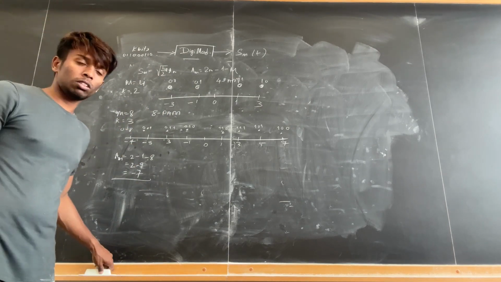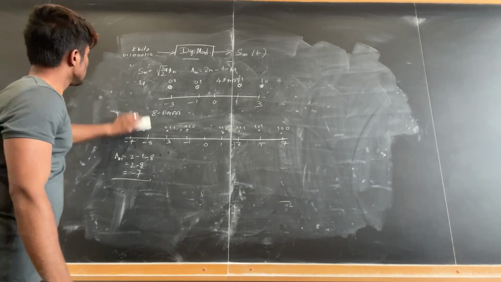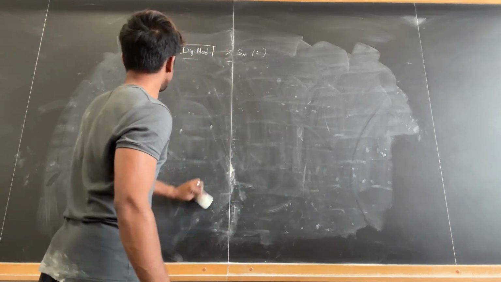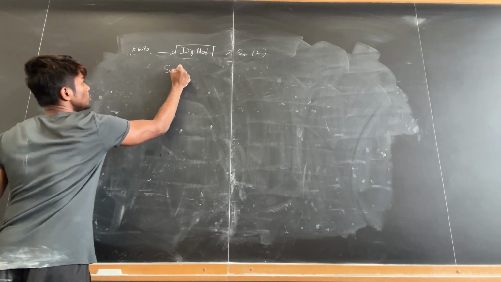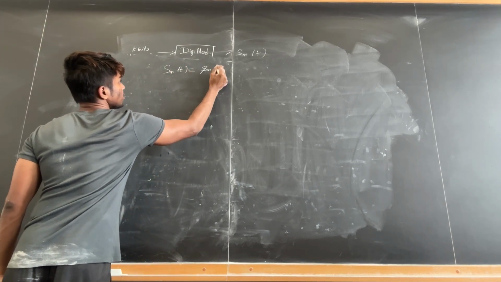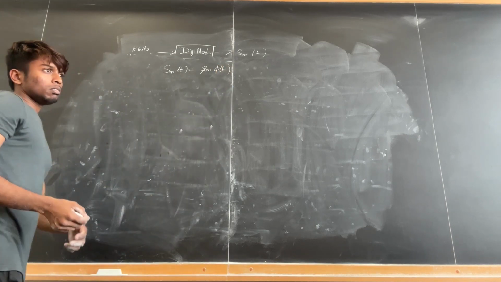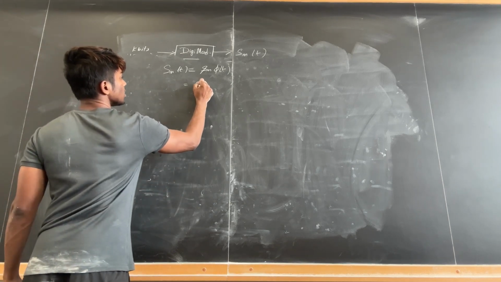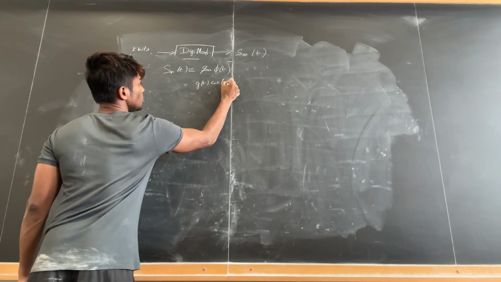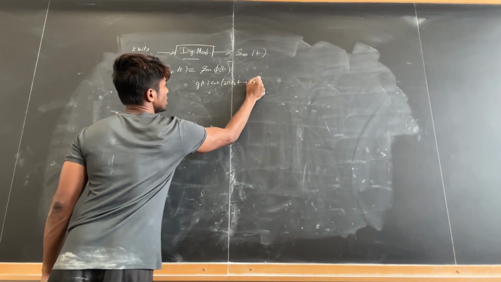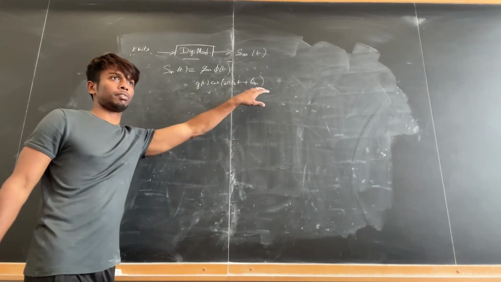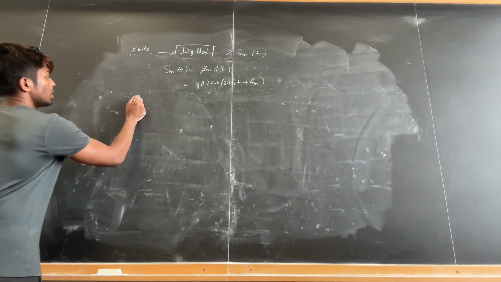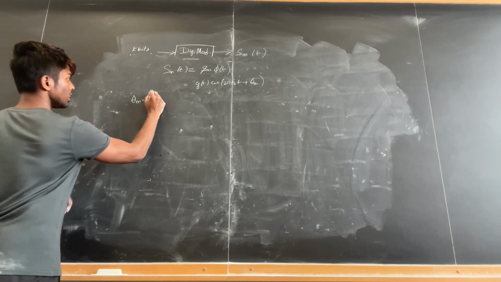After the pulse amplitude modulation, we have phase shift keying. So what is phase shift keying? We still expand on that concept. S_m(t) should be equal to S_n times phi(t). But now the S_n is not the same anymore. So we say it is g(t) cos(2 pi f naught t plus theta n). So we take a phase shift basically in the phase of the carrier signal. Then what is the variation of theta n? Theta n is 2 pi by m